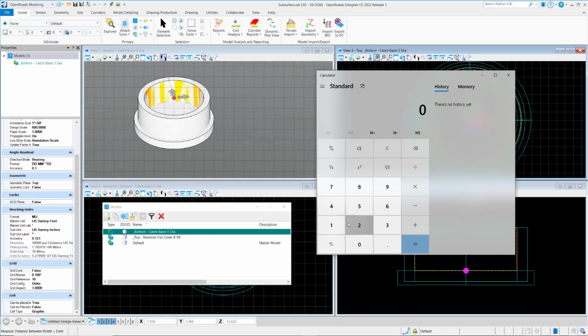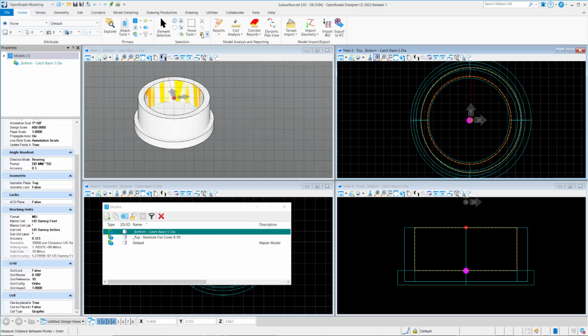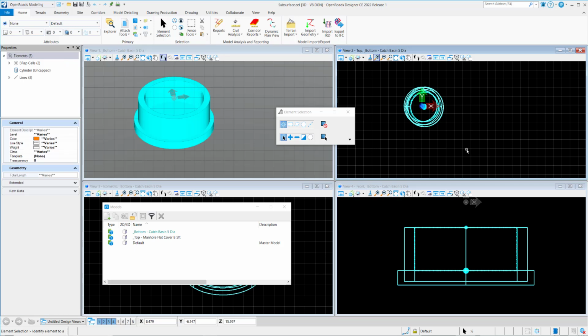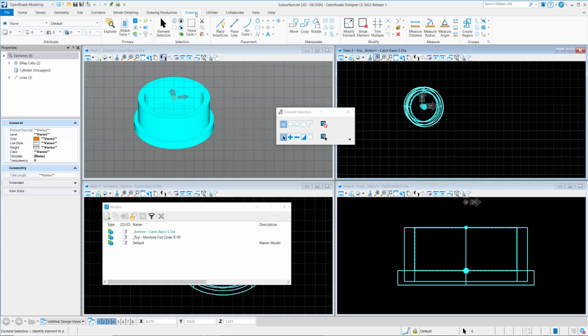Let's do the math. We'll reverse this. We'll say if the resolution is 10,000 divided by the 12,000 it was, it'll give us a factor that we can now scale that down by. So we've got 0.0833. We'll copy that and then select all of the elements in the file. On the Drawing tab, we'll go to Scale, paste in that factor,